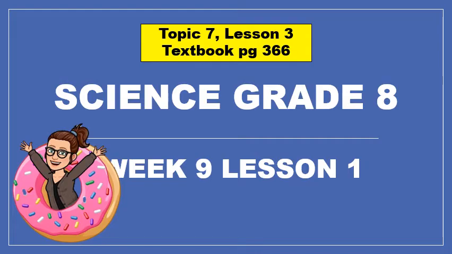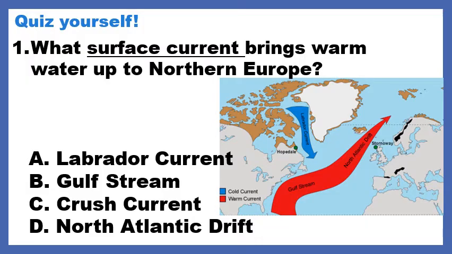Let's begin. All right, it's a normal day for us in the neighborhood, so we're going to start off with a quiz as per usual. What surface current brings warm water up to northern Europe? So we're going to use this map on the page to help us. And if you don't know where Northern Europe is, I have circled it in yellow, or as my 2-year-old nephew says, lalo. So I'm wondering what surface current brings warm water to the area that's circled in yellow, which is